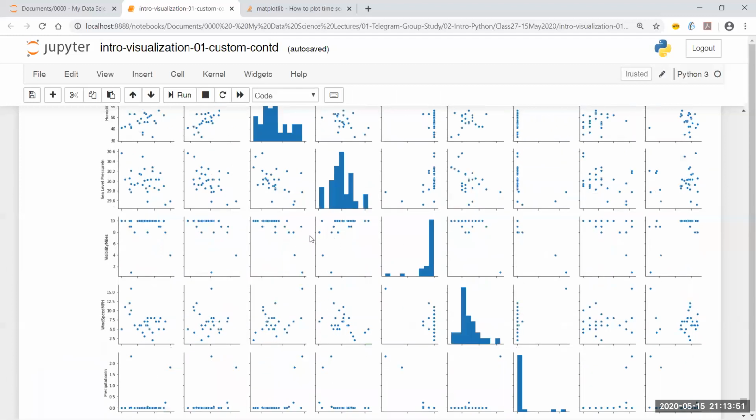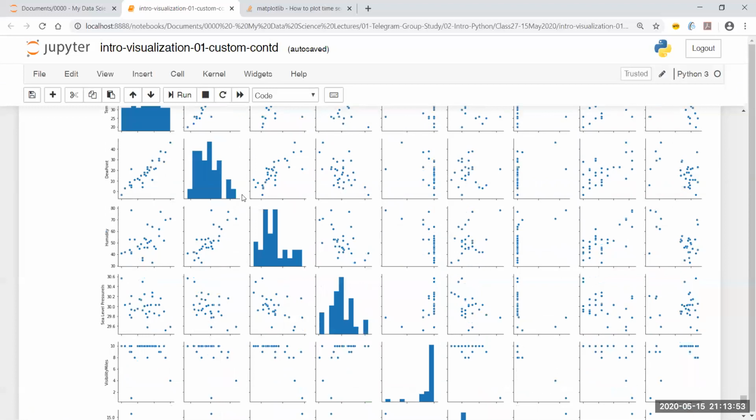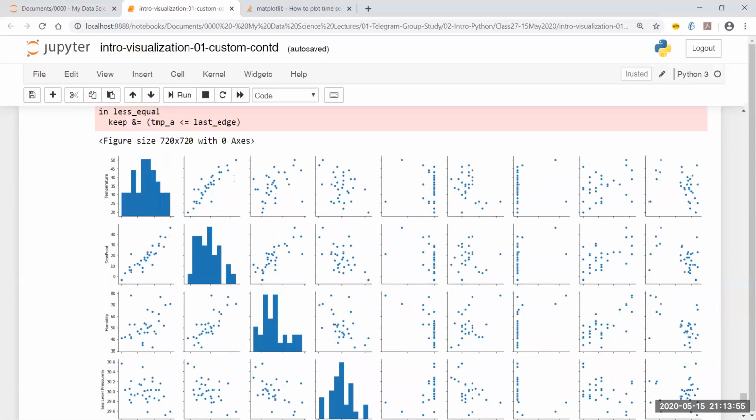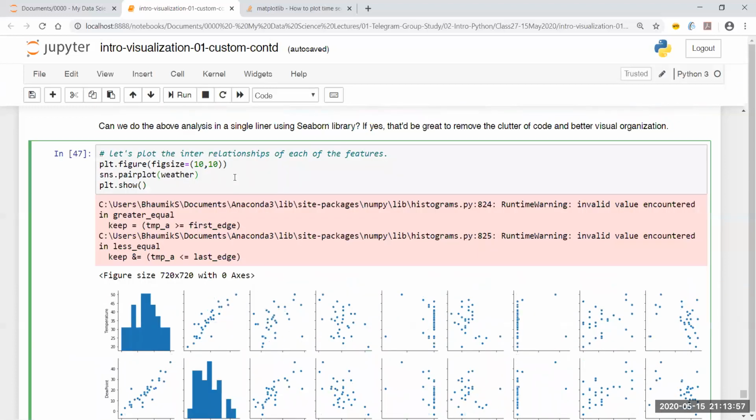So these are the kinds of things that I can do with Seaborn. Now, there is one more thing that Seaborn can do very well, and that is known as a heat map. There are many other functions in Seaborn and Matplotlib. I'm not going through each and every one of them, because I'm only going through those which are very commonly used when you are doing data analysis.